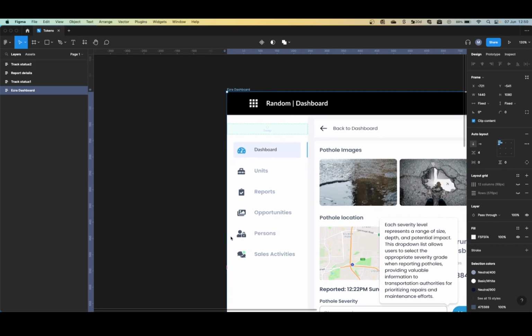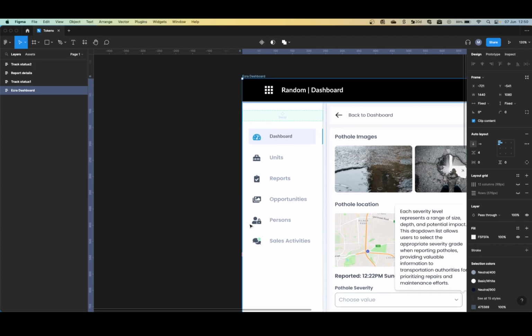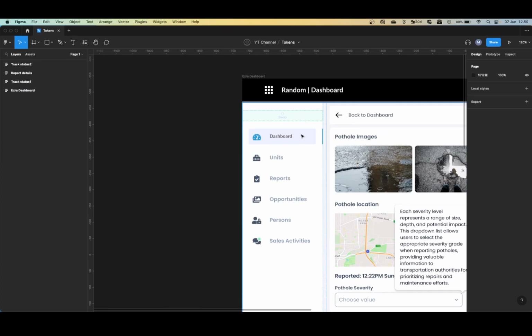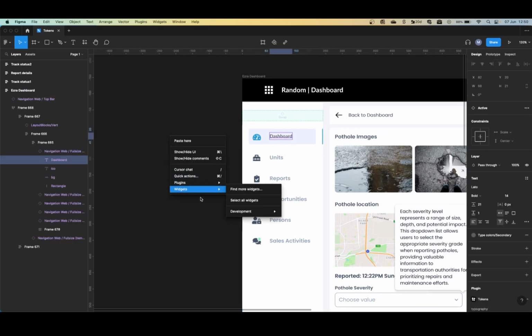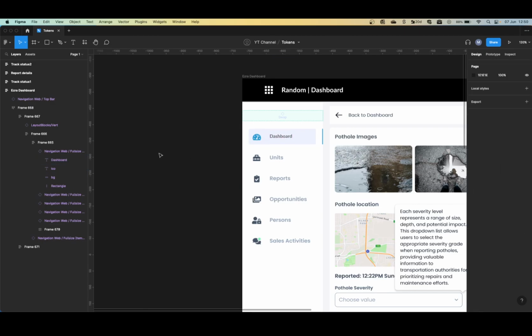Cool beans, let's try that again. Just making sure that that's selected. Oh, is that within a component? Maybe that's why. But anyway, let's just run the plugin again,